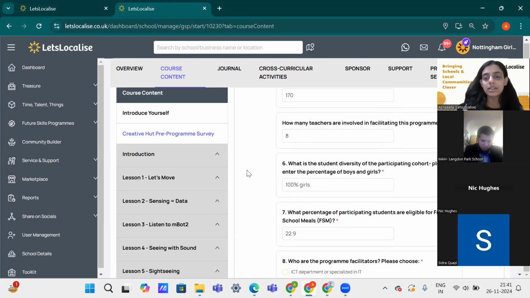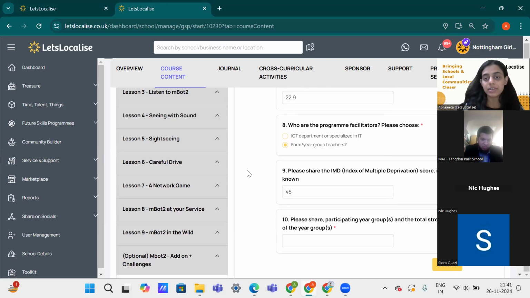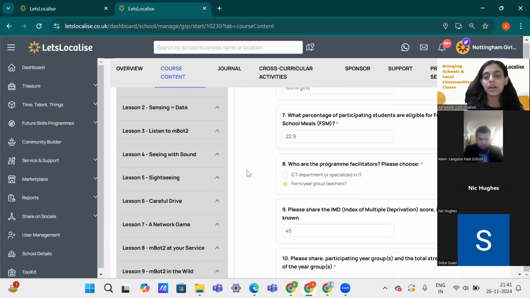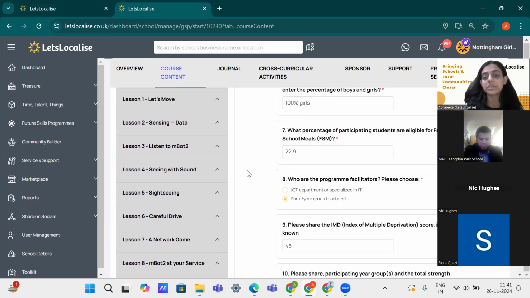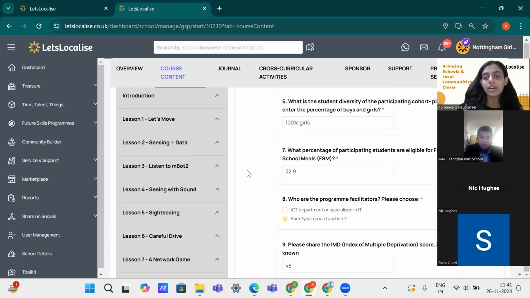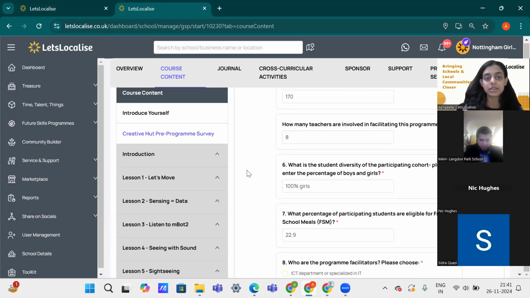And towards the end, there are questions in the pre-program survey itself about what is the percentage of FSM students participating in the program, or very simple questions like student diversity.